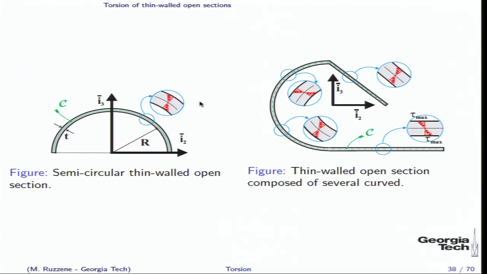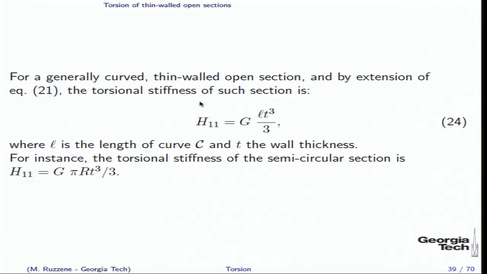In any case, we obtained an expression for the torsion stiffness of a thin-walled beam, and that is H11 equal to 1 over 3 G B t cubed. So this is for a rectangular section. So if you have any thin-walled section, you can just calculate the length